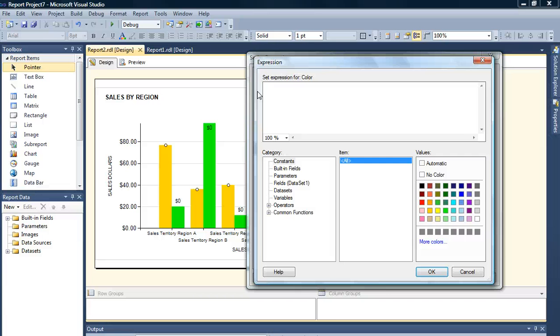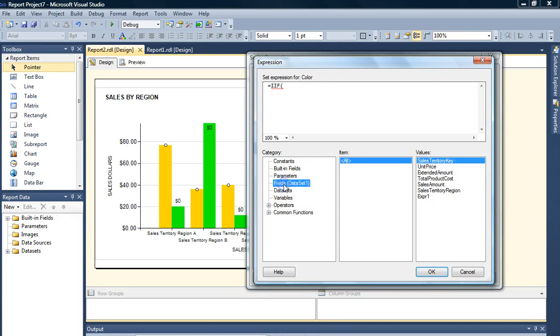Sorry. If, and save parentheses here, and we're going to test the unit price. So we come down to where it says fields, and we'll go with unit price, and we're going to test the max unit price. So the if statement says if the unit price is equal to, say, max